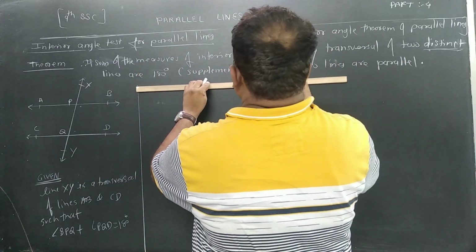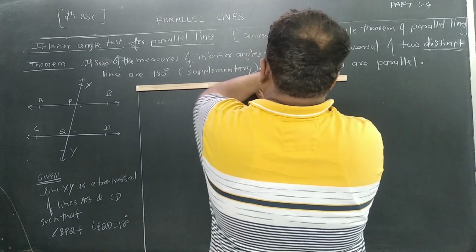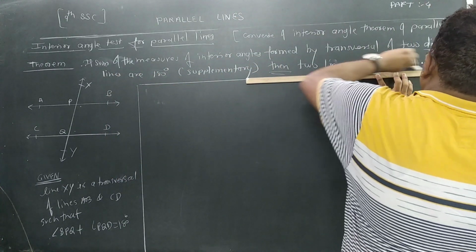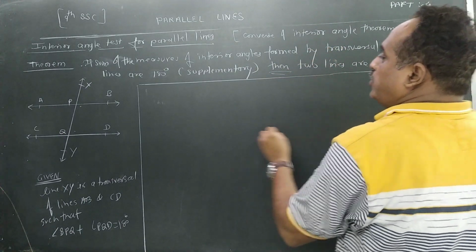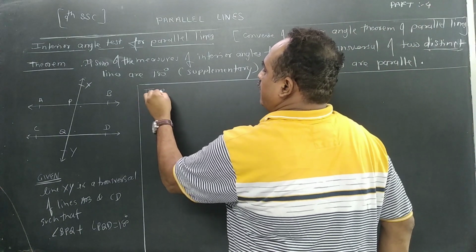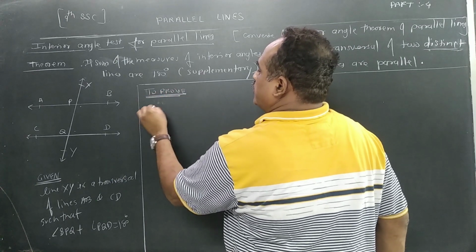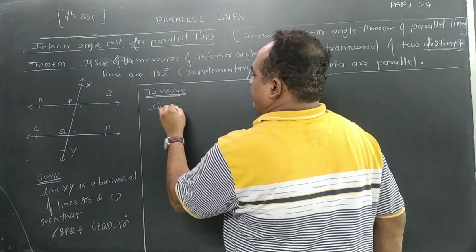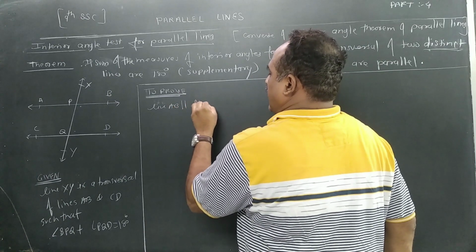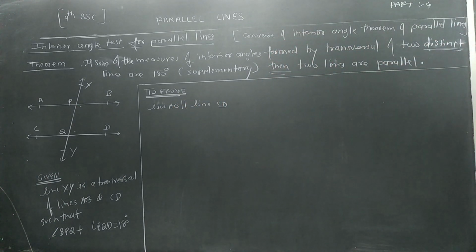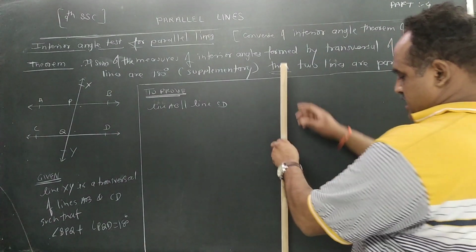What you are going to prove? That two lines are parallel. So which lines are parallel? To prove, we are going to prove line AB is parallel to line CD. That's what we are going to prove. Is it right? Have you understood this? So